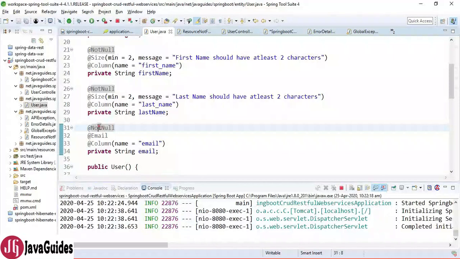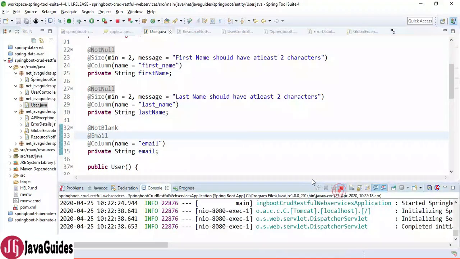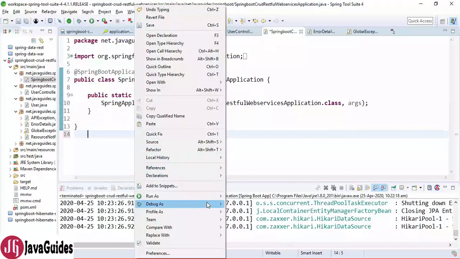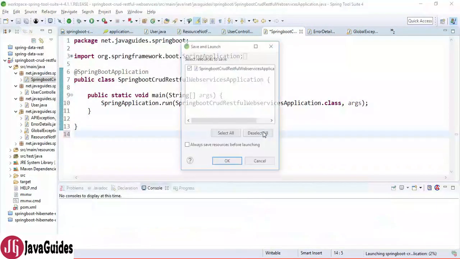Instead of not null, what we will do, we'll use the not blank validation. Okay, and let's try this validation. Let's run the project again and see how it works.